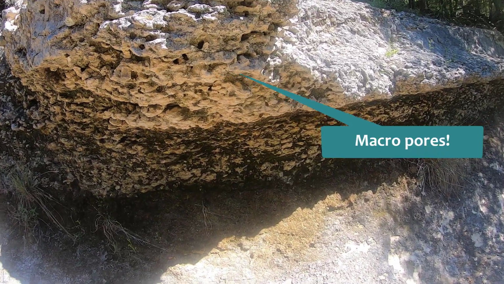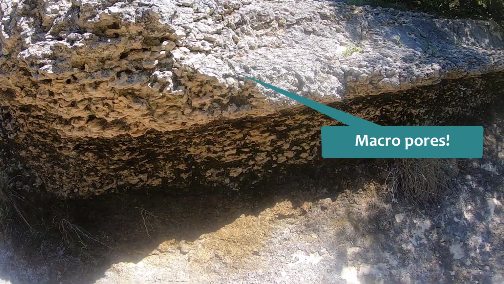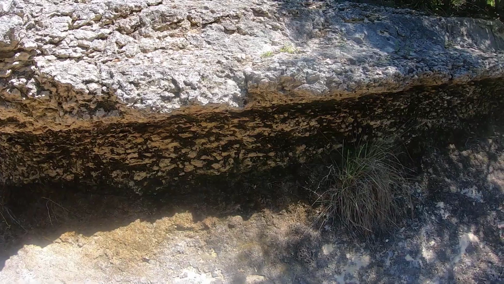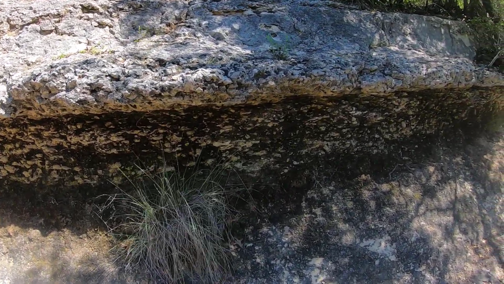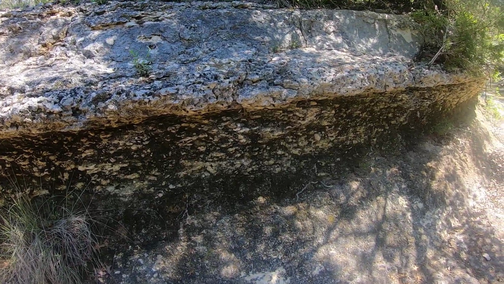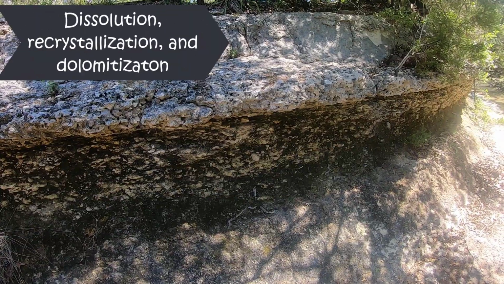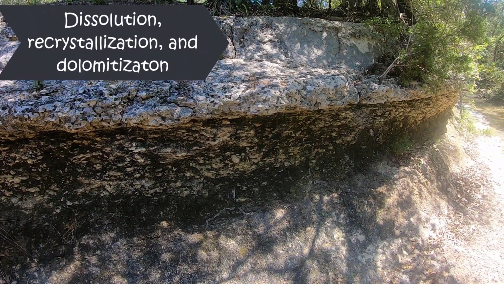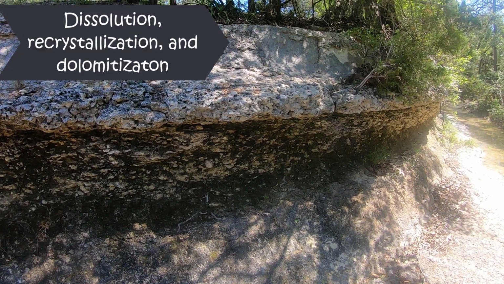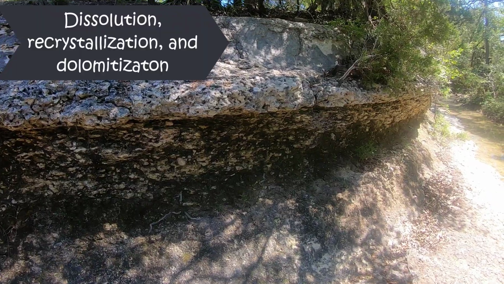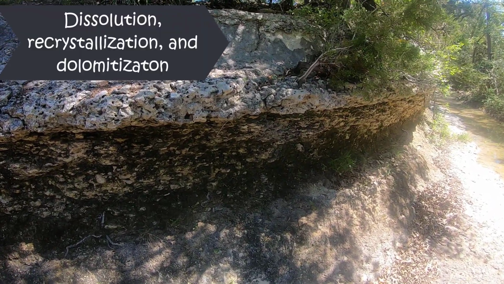The holes that we see in some of these rocks that make the rock porous and permeable are by and large caused by differential dissolution, the passage of fluids in turn causes precipitation, and also it causes